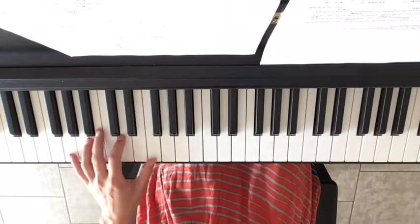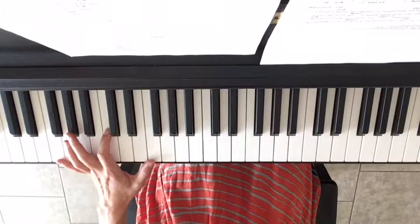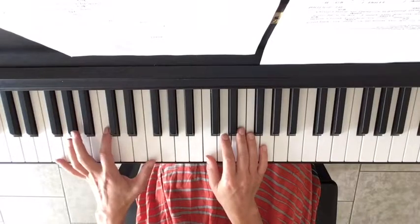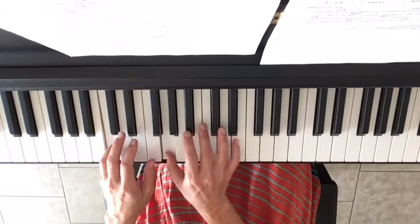If you need to stop the video and go back through that, definitely do it. I'm going to play through it right now to see if you can kind of see what it looks like. Just at that slow tempo again, the 50, 4 E and a 1 E and a 2 E and a